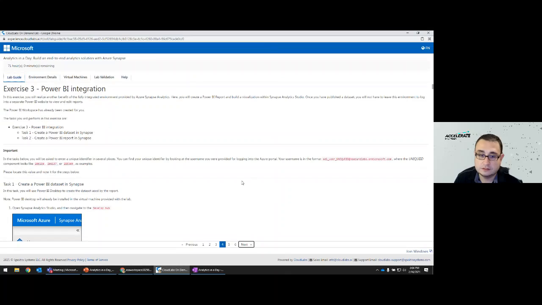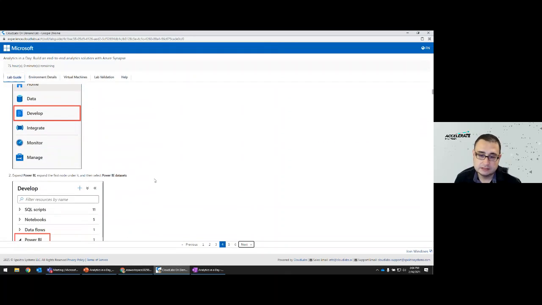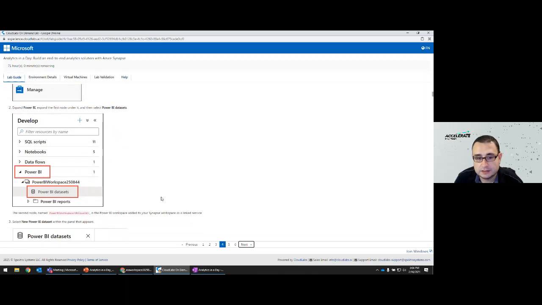It's a really cool lab that shows you the seamless integration between Synapse Analytics and other services, like we already showed you, like Data Factory using the integrate section, Spark, SQL pools that you can use, SQL and Python and Scala. And now we're going to show you how to integrate with Power BI.